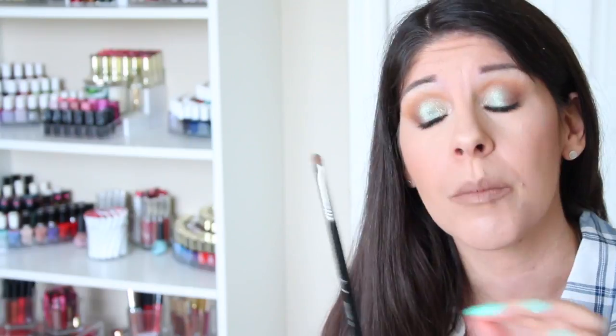so tiny, it's perfect for not only popping a highlight right underneath the brow, but even more so for highlighting in that inner tear duct area, in that inner eye corner, because it picks up so much product, but then it also disperses it back down onto the eye area, which sometimes brushes won't do. They'll pick up the product, but then they won't transfer it back onto you where you want it. So really impressed with this brush. Perfect for highlighting all around the eye, and again, it's the E57. Definitely pick this up if you're on the hunt for something to highlight in here, because you will be blown